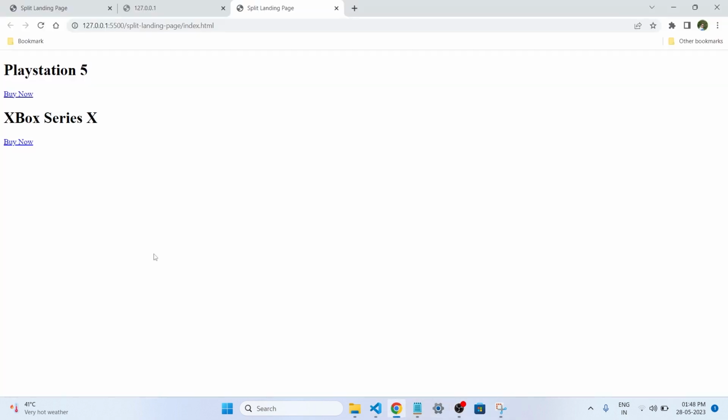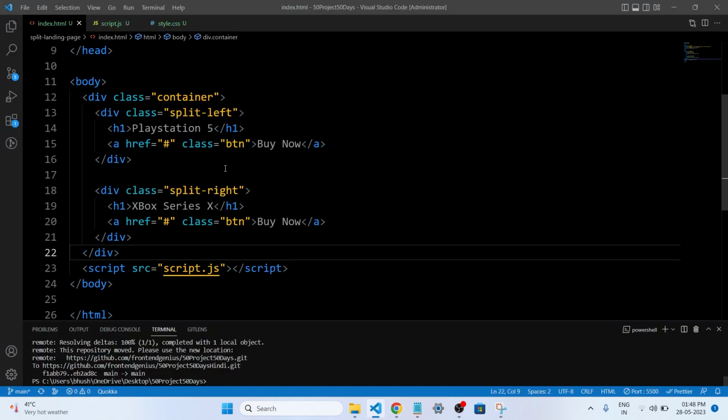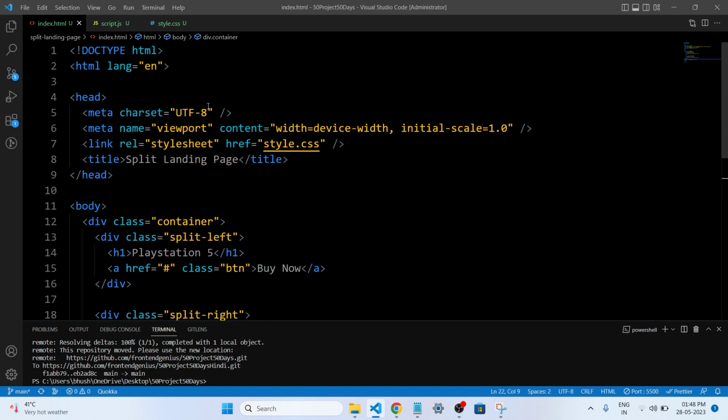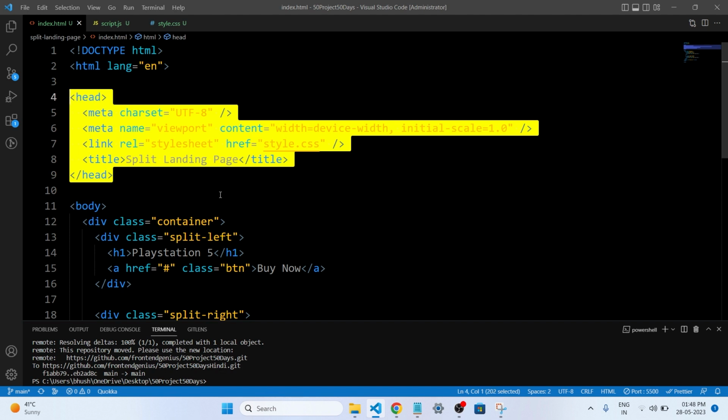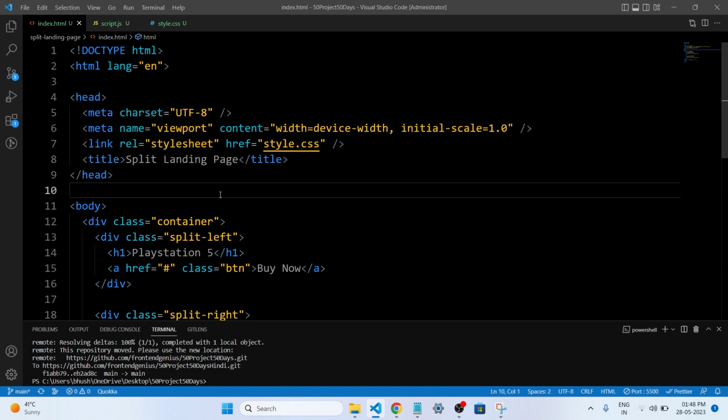So guys, we are done with our HTML file, and this is how our HTML looks without CSS and JavaScript. So let's understand what we have written in our HTML file, line by line, step by step. These two lines indicate that the document type is HTML and the language of the page is set to English. Talking about the head section, within the head section, you define various meta tags and link an external